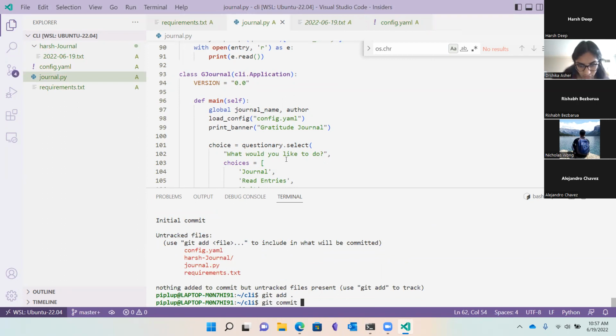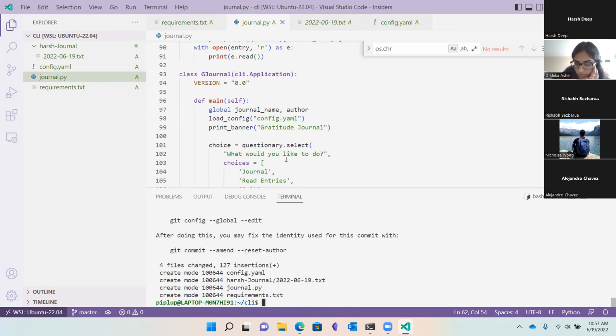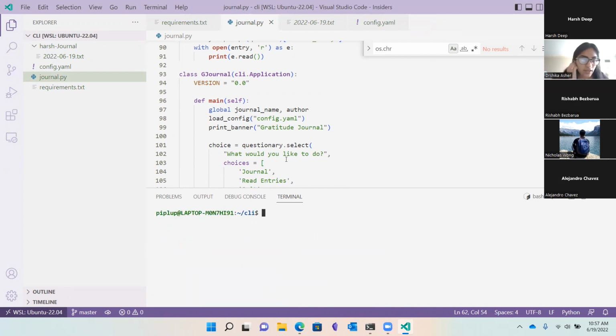Okay, cool. So now that we've added all the files, let's first run the journal thing